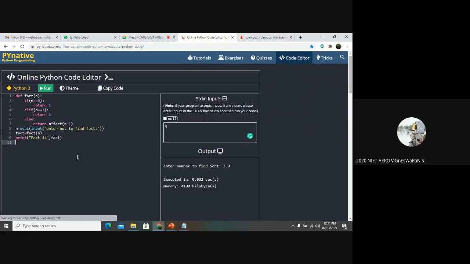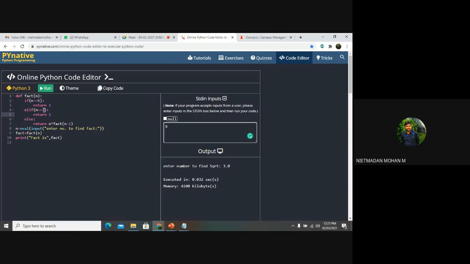What if the n is 0? Somebody asked what if the value of n is 0. In the previous class, I used only the if and else statement to find out the factorial, because we started the number from 1. Someone asked what if the input is given as 0, then the value wants to be written as 0.